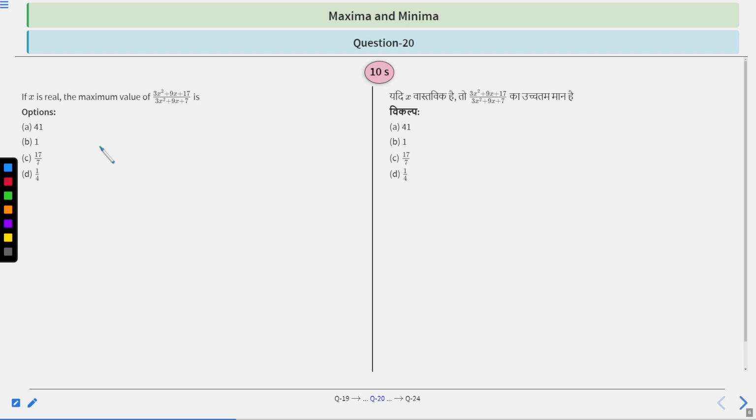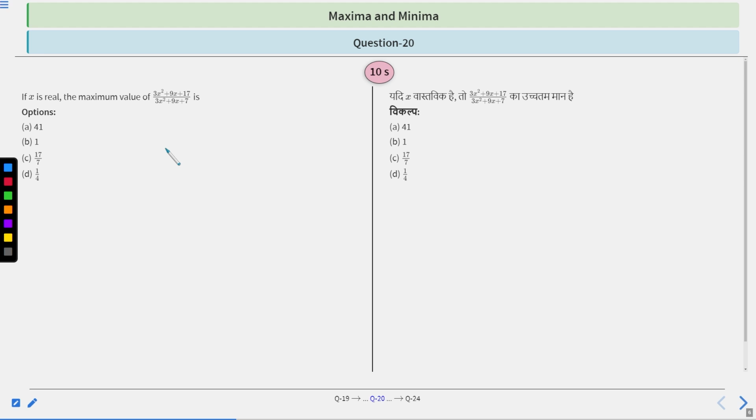20, which says, if x is real, the maximum value of 3x square plus 9x plus 17 upon 3x square plus 9x plus 7. So the hint of this question is you have to find the maximum value of this function. Now, the approach we will apply here is, first you will find f dash x by using quotient rule, right? Clear? By using quotient rule. And after finding f dash x, you will put f dash x equal to 0 to find the critical points,